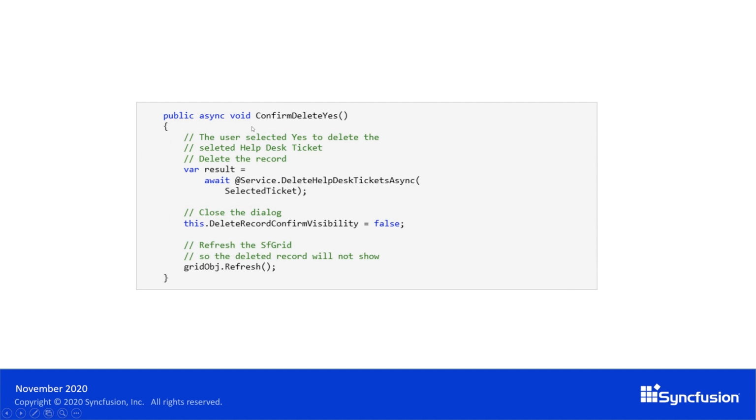So we're using the Blazor ref object to get a reference to the Syncfusion grid. And this is the property. So this is added to the markup of the grid. This is added to the code section. And then this confirm delete yes will delete the record. And at the bottom, because I have a reference to the grid, I'm able to say grid object dot refresh. So that's how I'm able to delete a record and then refresh the grid so that that record is no